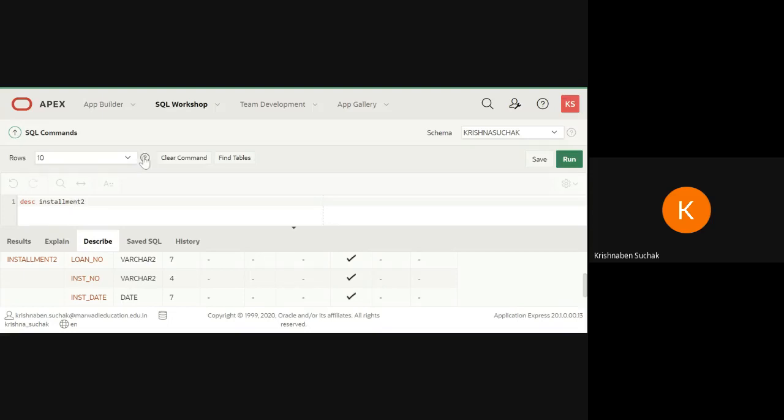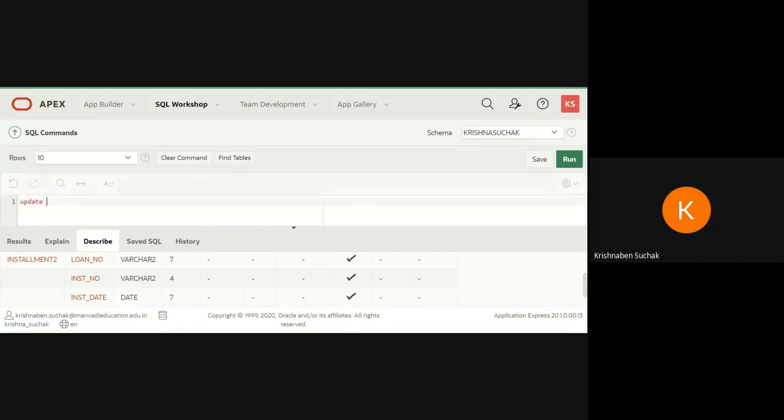Okay, so now this was our 7th query. Now our 8th query is, you need to update installment. Change amount 15,000 to 5,000. The loan number is L001. Now you need to update installment table. Again, you need to write the same query.